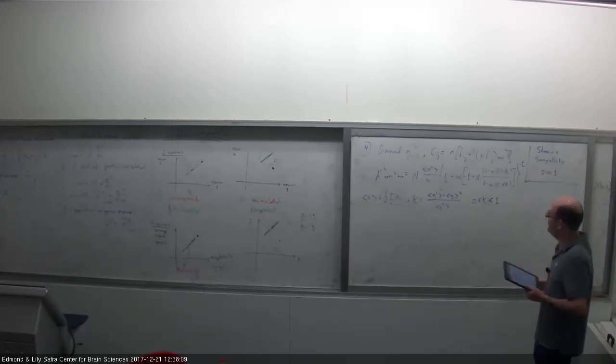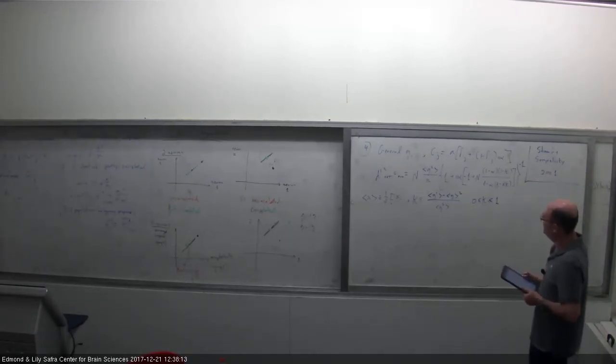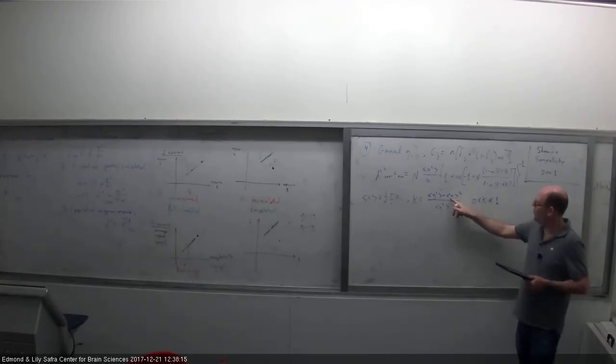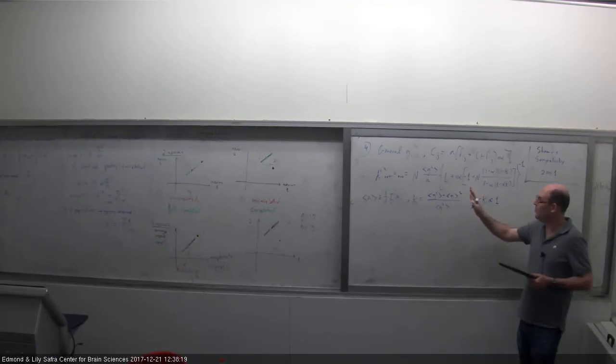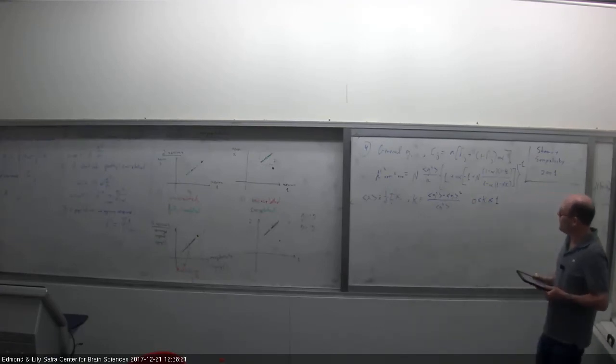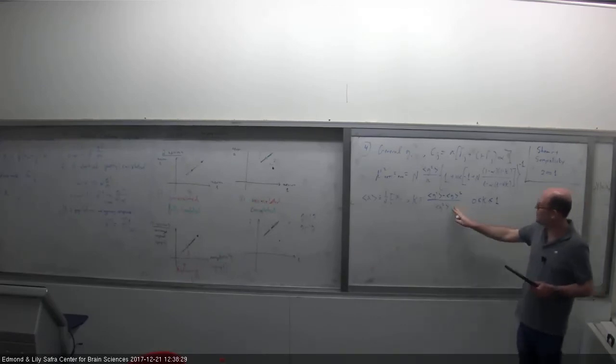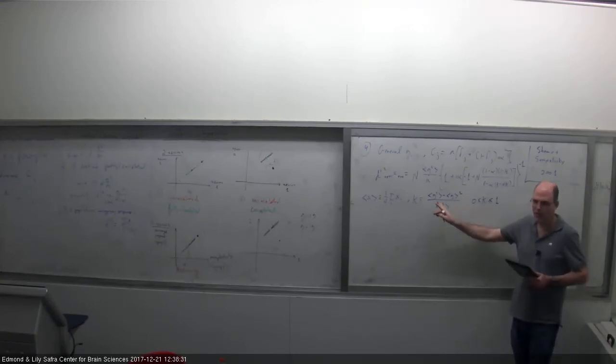I think the only way kappa can be 1 is if the mean of G is 0. Yeah. But if it's 0, doesn't it mean that they are fully correlated? Not independent? No, because all kappa has to do with are the G's. The G's are the mean responses. So it means that the mean responses of all the neurons are the same.